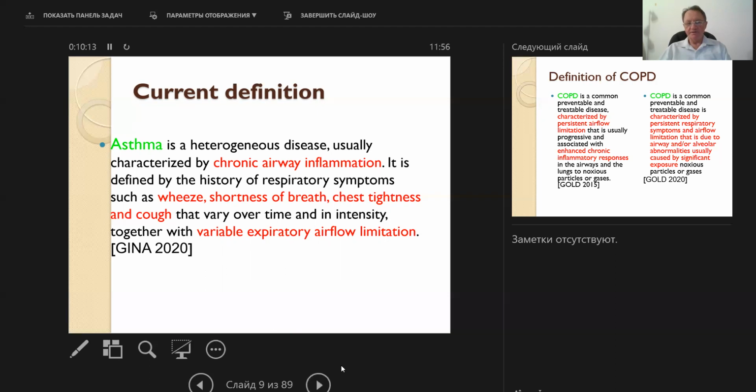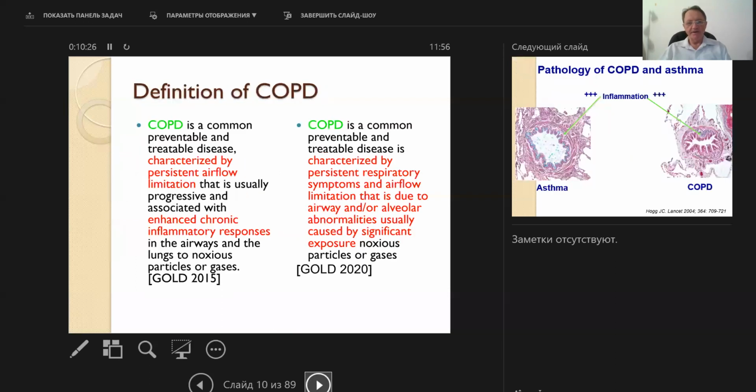We discussed what morphological changes provide this variable respiratory airflow limitation. We will say it about later. But COPD, you can see the